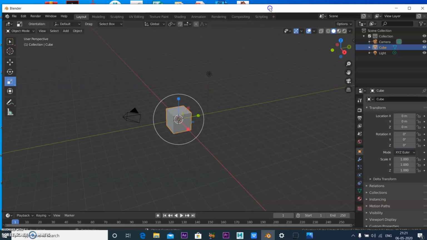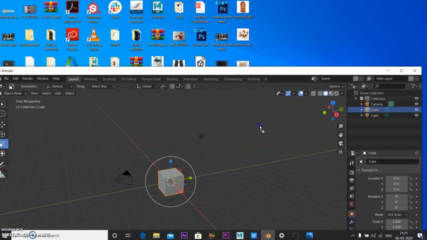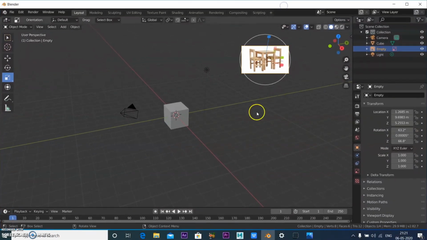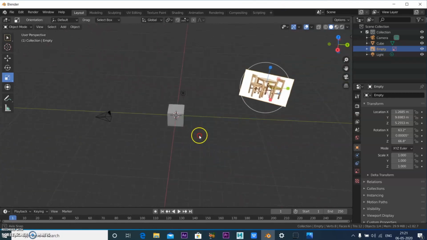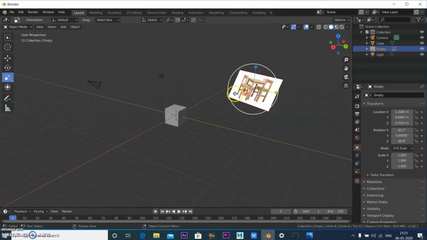To model anything over here, I'll drag a chair table image in, like this. Inside the viewport, you can drag and drop any kind of reference image so you know what you are starting with. Okay, so this is the image I want to start with. Now it is a little rotated.